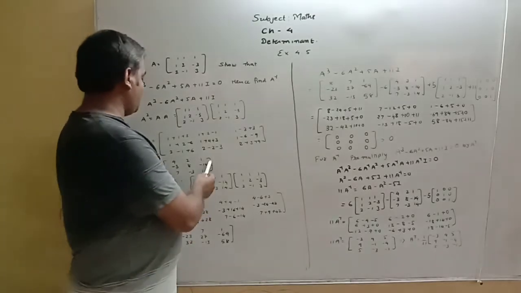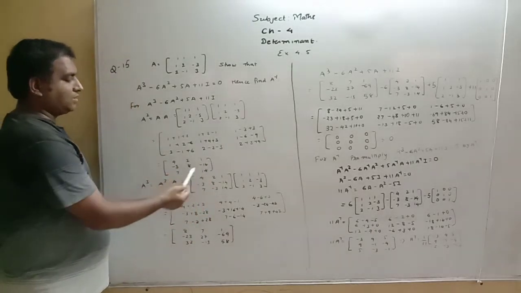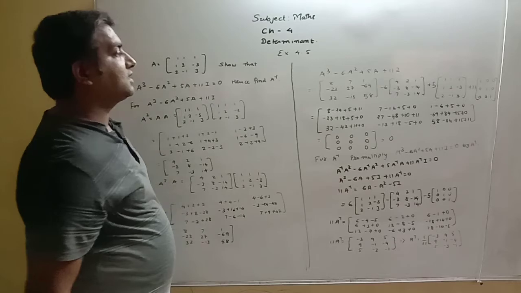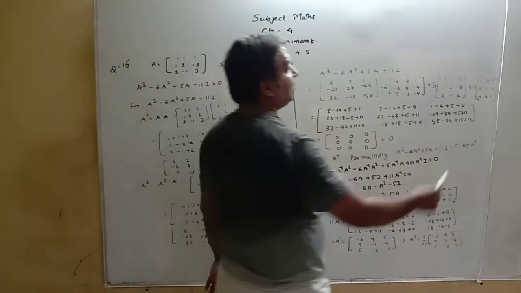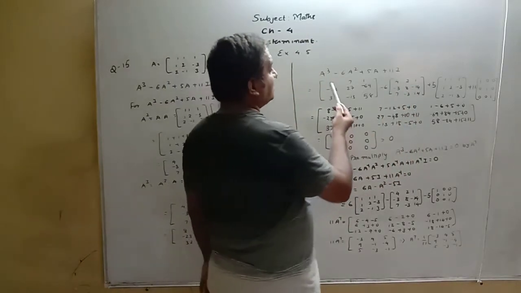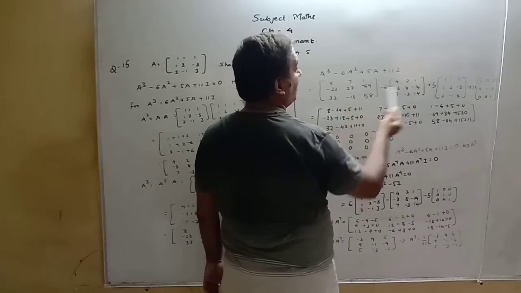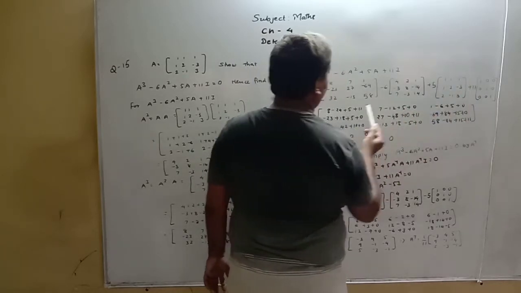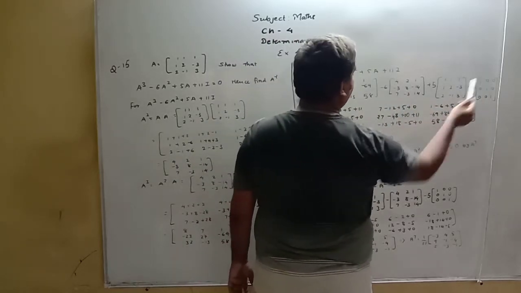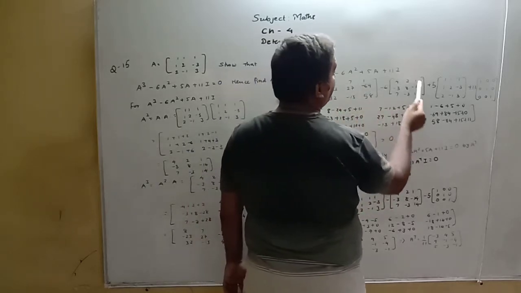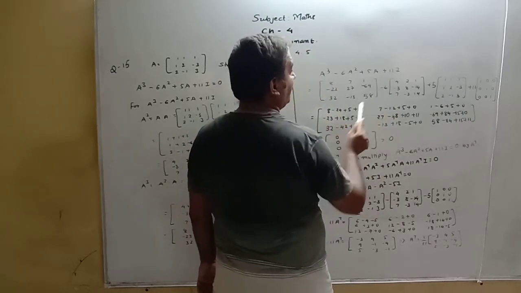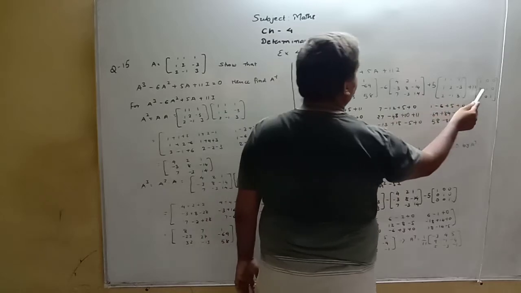Then 6 into A square, where A square we take [4 2 1; -8 -4 7; -2 -14 14], plus 5 into A, which is [1 1 1; 1 2 -3; 2 -1 3], and plus 11 into [1 0 0; 0 1 0; 0 0 1], which is the 3 by 3 identity matrix. So now we simplify: 8 minus 6 into 4 is 24, 5 1s are 5 and 11 1s are 11. Then 7 minus 6 into 2, 5 1s are 5 and 11 is 0. Then 1 minus 6, 5 1s are 5 and 0. Then minus 23, 6 3s are 18, 5 1s are 5 and 11 is 0.